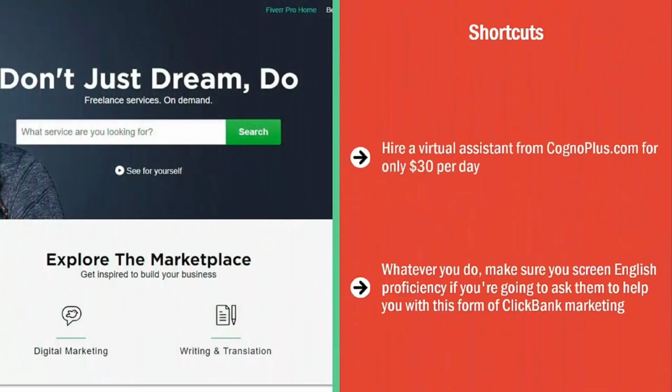Shortcuts. Hire a virtual assistant from CongoPlus.com for only $30 per day. Not only can you set quotas with them, but they only list people who have a college degree and who have a strong command of the English language. Similarly, you can hire virtual assistants from places like Fiverr.com. Whatever you do, make sure you screen English proficiency if you're going to ask them to help you with this